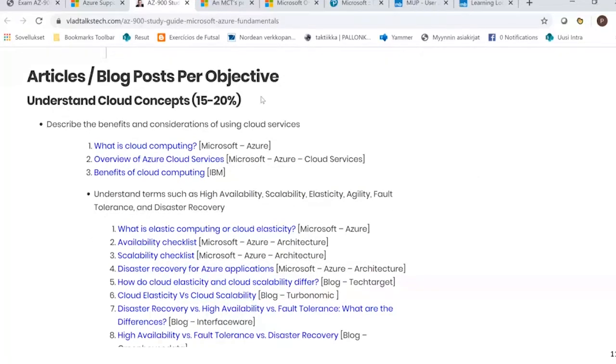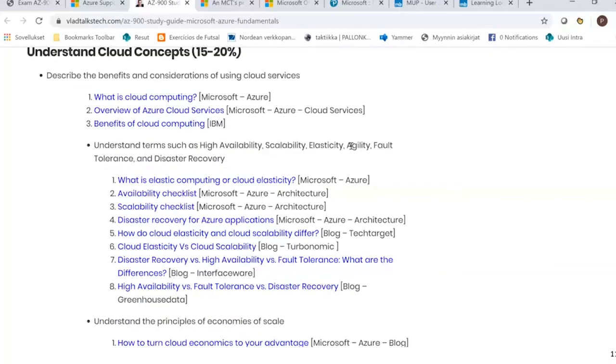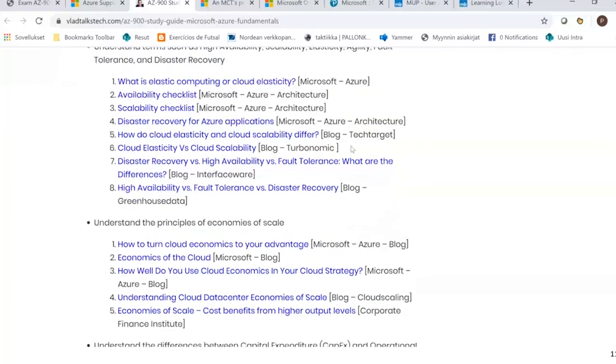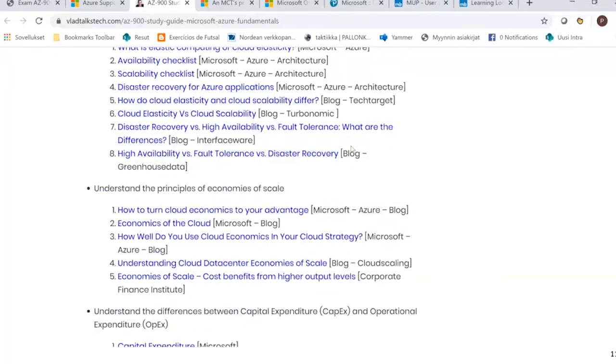In this case, there are links directly to the resources where you can study each issue. This is a great way to go through all the things they are going to measure in this exam.